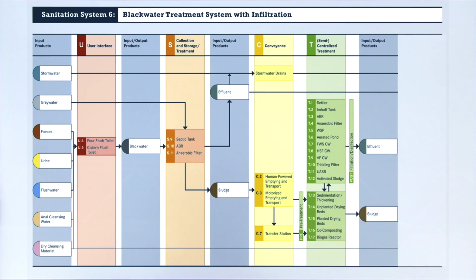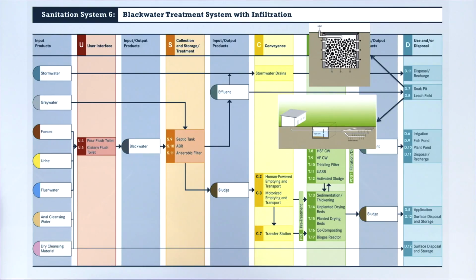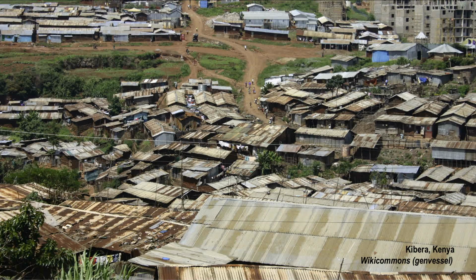The effluent, though, in this case, will simply be infiltrated into the soil using a soak pit or a leach field, both of which require appropriate groundwater and soil conditions, not to mention sufficient space. This system would not be appropriate for a very dense urban area like this one, but would be suitable for a rural or peri-urban application where the distance between houses would not make it possible to connect them with any kind of sewer, but where sufficient quantities of water would be available to ensure that the septic tank or ABR